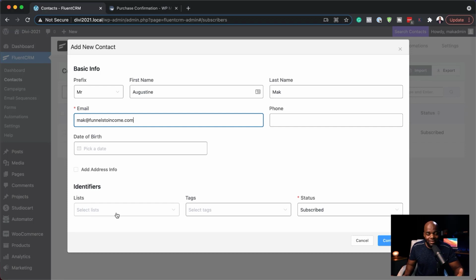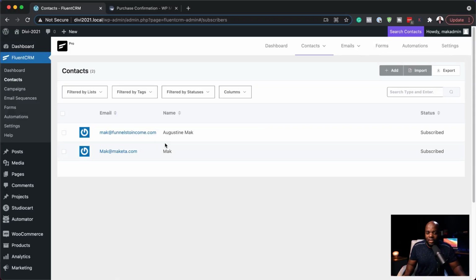Now, if you have a list set up, you can also click on this drop down and add all your lists. And once you hit confirm, this user now has been added onto my contacts list. Okay, so now let's take a look at this. And now you can see here we have Mac and Augustine Mac. Excellent. So now that we have done this, let's have a look and see how else we can import our